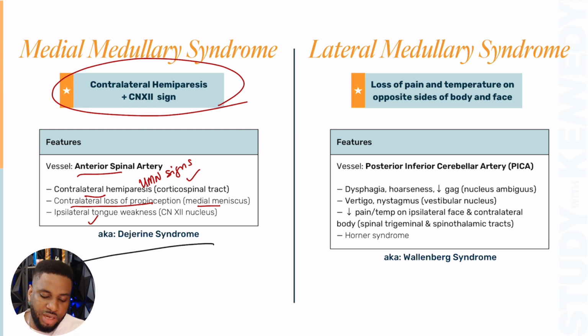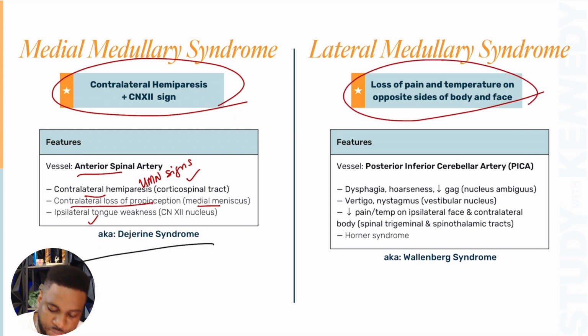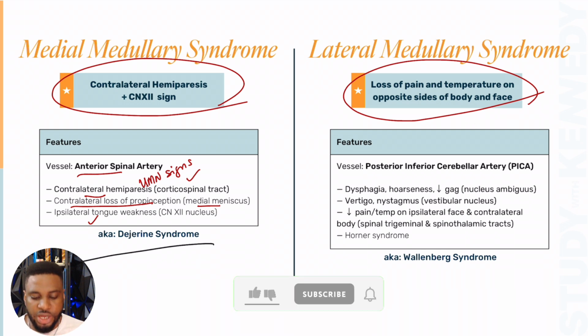With lateral medullary syndrome, what you're looking for is loss of pain and temperature on opposite sides of the body and face. So there's loss of pain and temperature, for example, on the right upper limb or upper and lower limb, and loss of pain and temperature on the left face. Think of that. Left face, right side of the body, or right face, left side of the body. I think I'm even pointing to the wrong sides of my body. But once you have loss of pain and temperature in opposite sides of the body and face, you're dealing with